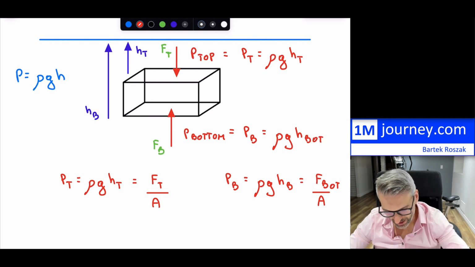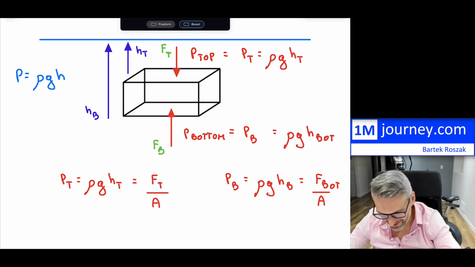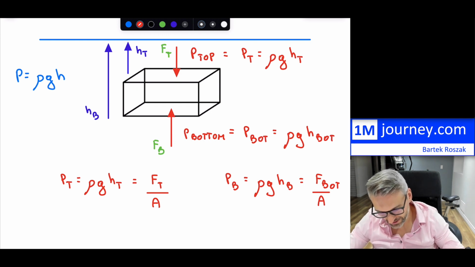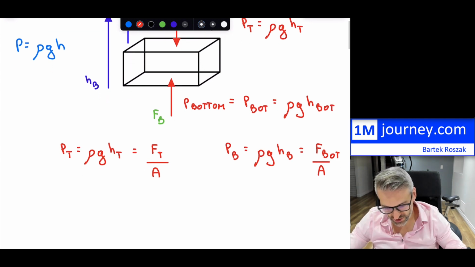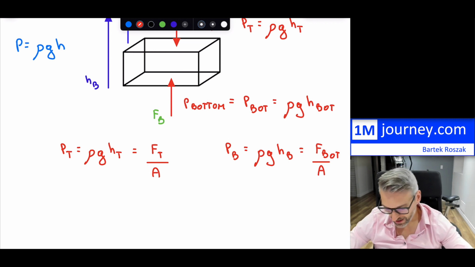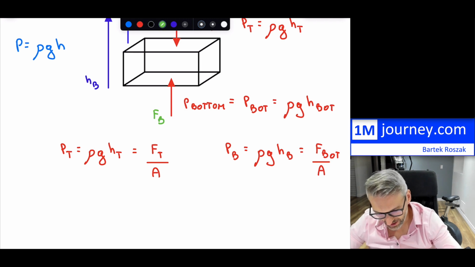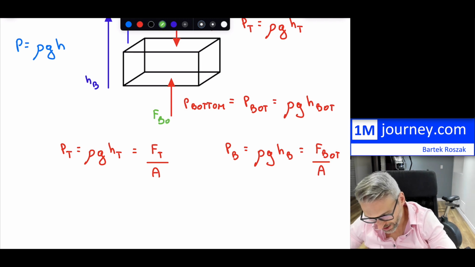So wherever I have put B, let me just put BOT for the bottom, and I'll explain why I'm putting that in just a second. So that's BOT right there. So we have these forces at the top and we have forces at the bottom. And now if you would isolate, or solve for F bottom and F top, so right here, from this, if I wanted to isolate for that,